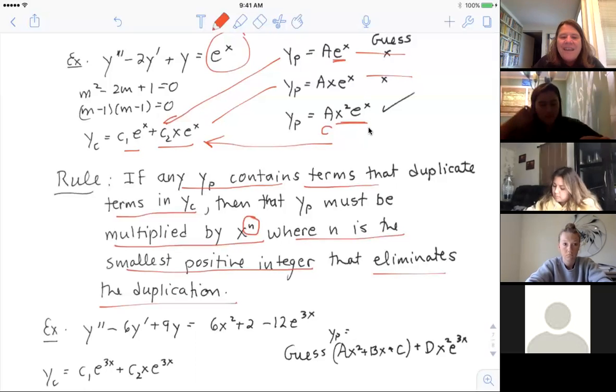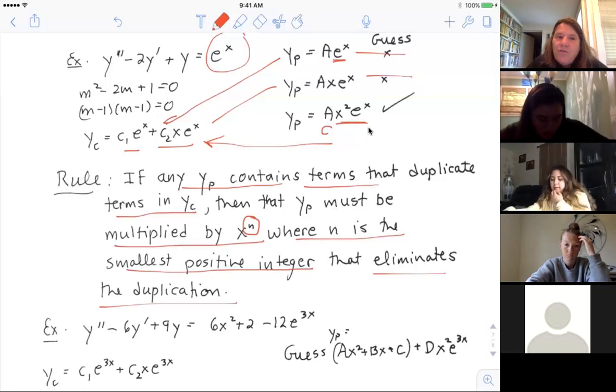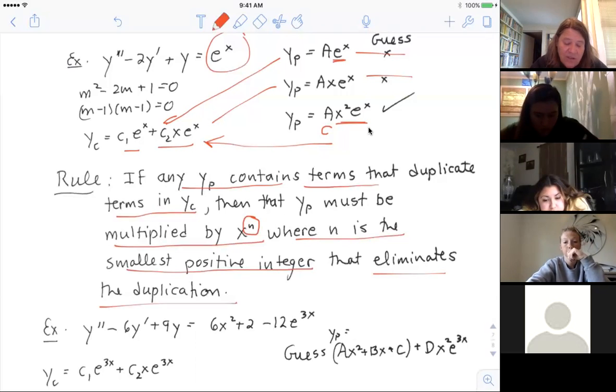If you don't get the right guess, things are going to go off the rails, like a minute ago when we had 0 equal to e to the 2x something. Okay. All right, I got a lot more to do with this, so concentrate on your homework from last time. That's really important, the homework that's due Friday, because it's all the YC stuff. And you're going to have to know the YC to be able to do this. Do that first. All right, send it to me whenever you finish.